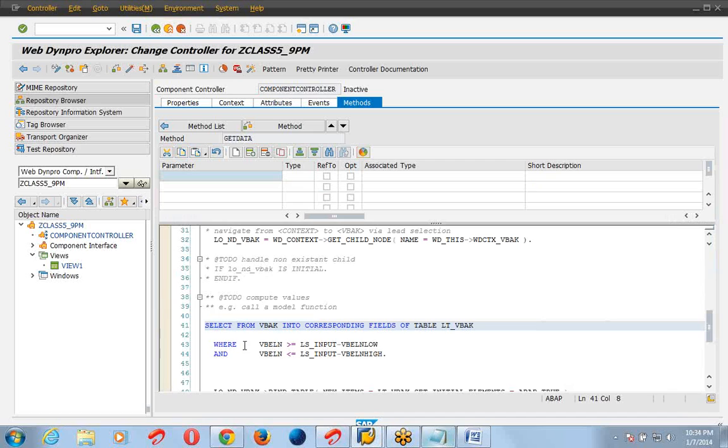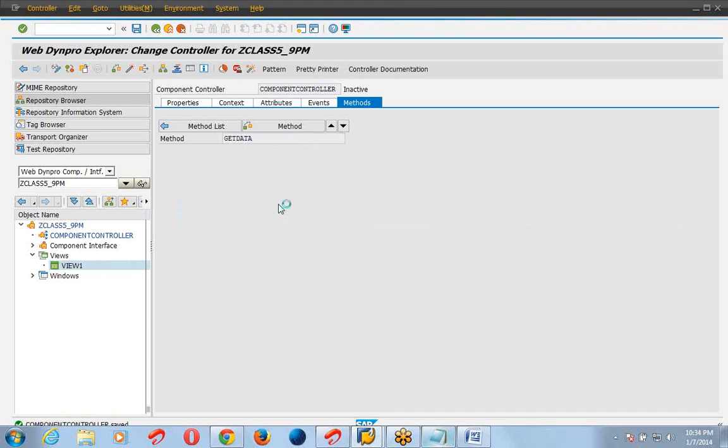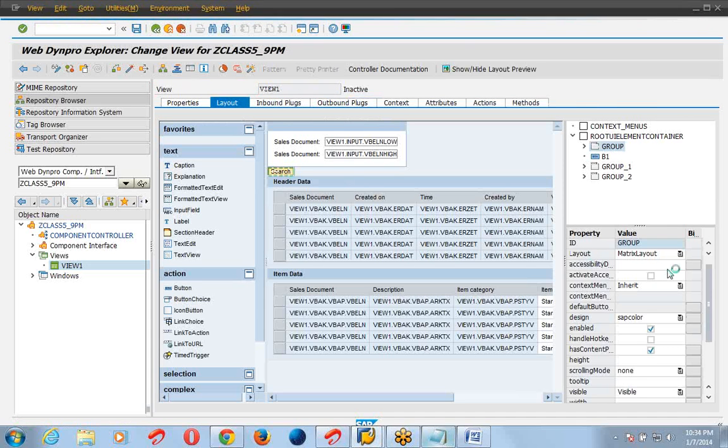Select start. Go to view one layout. Go to the search method.